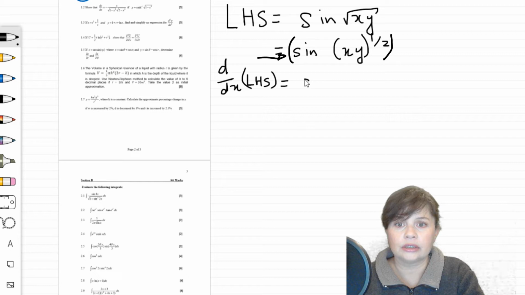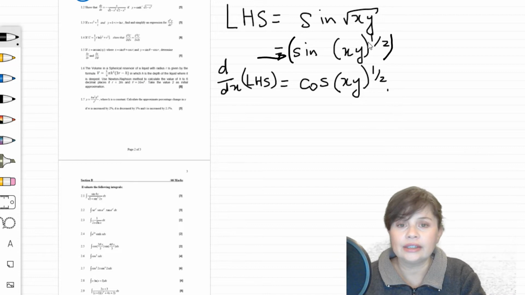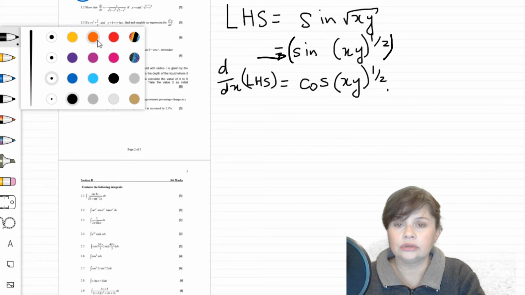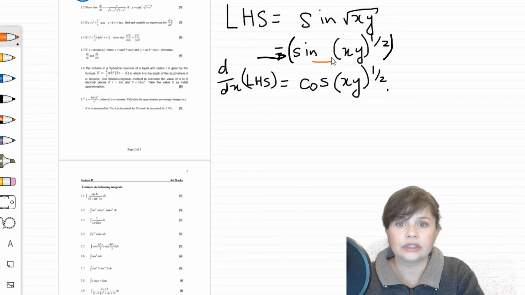Right? So we write cos, and it's going to be cos of the argument, which is xy to the half. So that's the first part of it. Once you get past the sine function, you get down to the next part, which is this bracket over here. And this bracket is the half power. Yeah? So if you look at the half power, that's just your power rule,